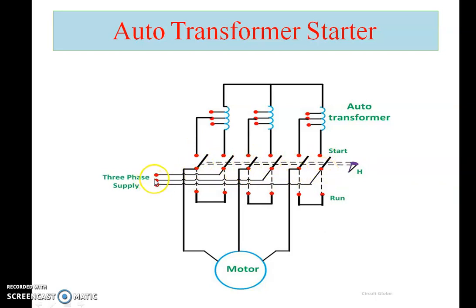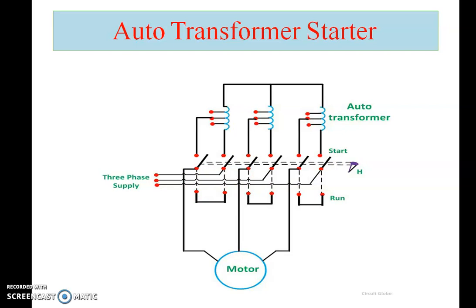So I gave an example of the second phase. Now this current will flow from this, and it will reach the auto transformer winding, which is nothing but a percentage tapping. Now it will go to the second phase, and similarly for this one, nothing but the third phase. Okay, this is a method to reduce the current.